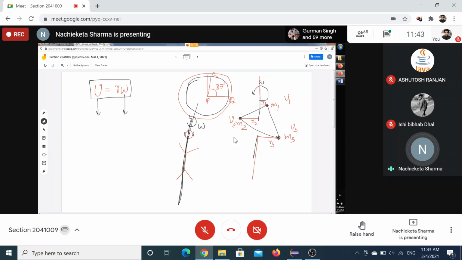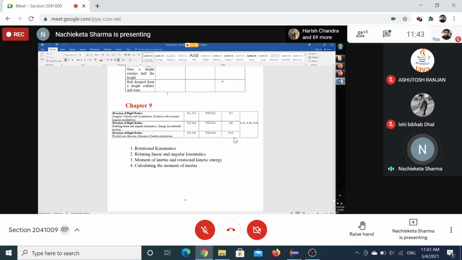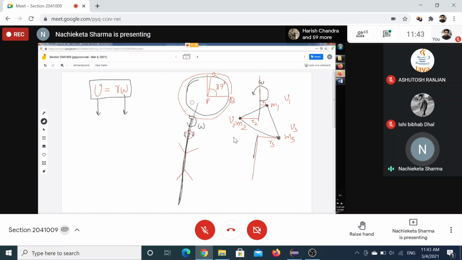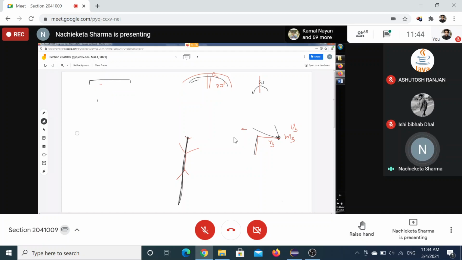So now we'll do another example, that is example 9.8. So let us go to example 9.8. Okay, so now I will be working out example 9.8. So what is example 9.8? Let us see. Yes, this example is a little bit longer. Again, I will read out the problem without writing the question, and then I will try to work out the example. Okay, so this is example 9.8.